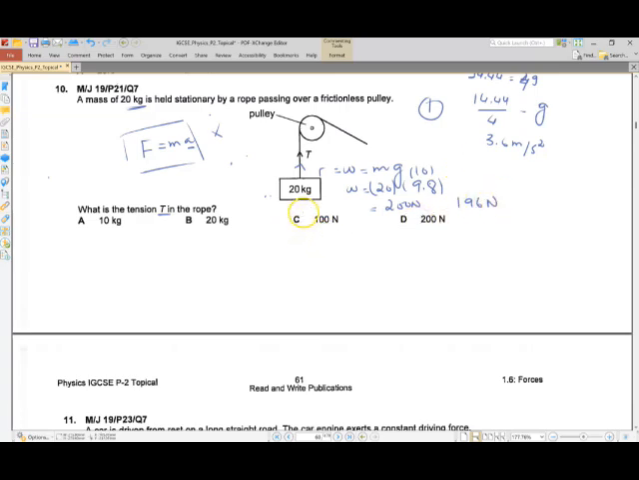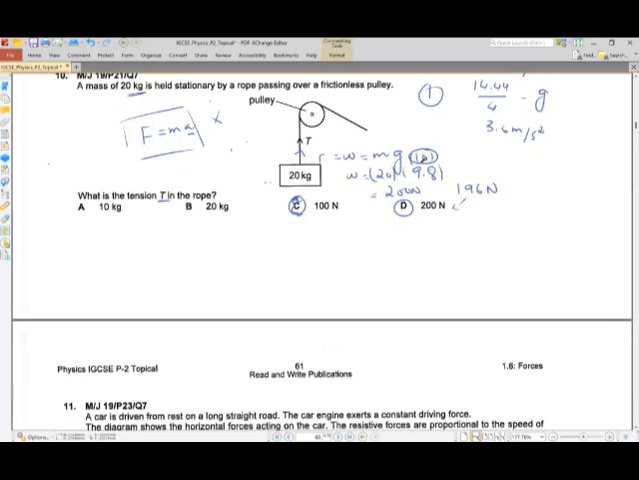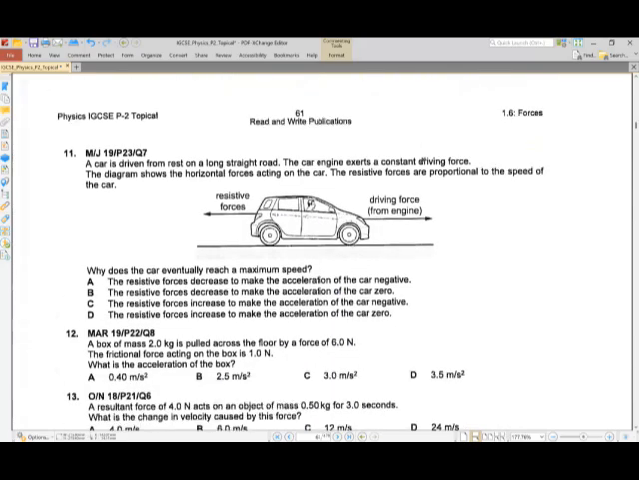So you can use both, and you will see that 196 newtons is very close to 200 newtons. So this is going to be your correct answer. But as it's a 2019 question, the gravitational force value at that time was 10. Okay. So moving forward,